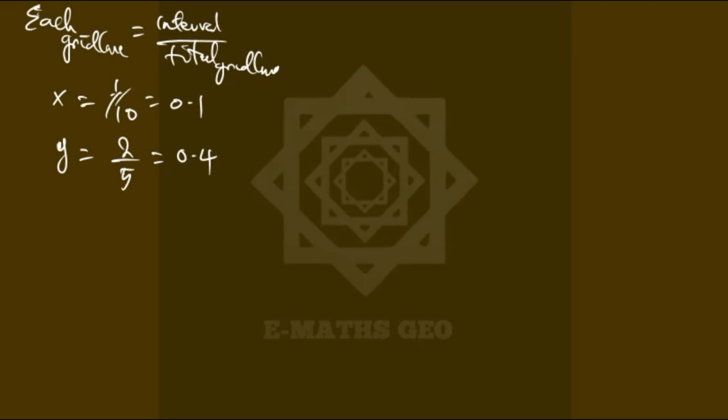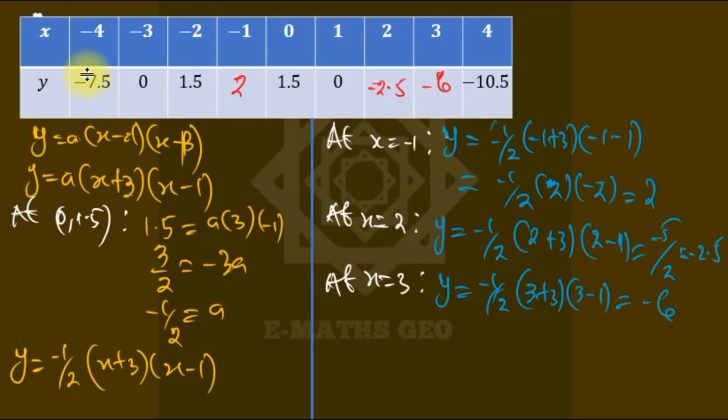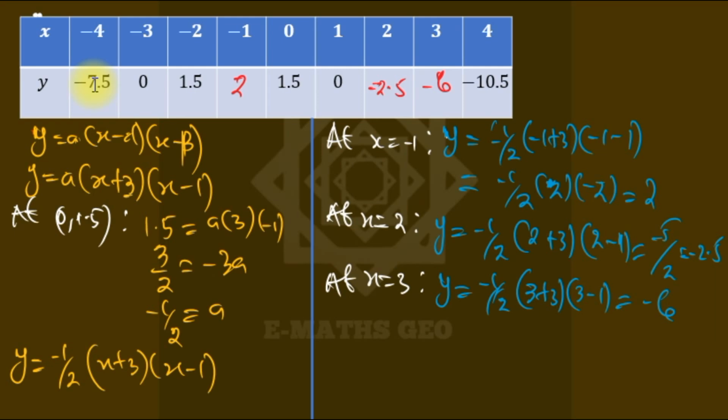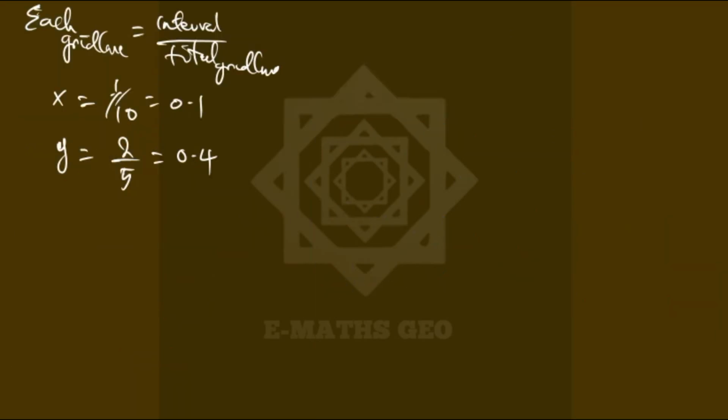So now, since we are looking for -7.5, because x = -4 is already settled, you can see it on the graph. So what do you do? You want to get the total grid lines that will give us minus. So see what I'm saying. This implies that if you are looking for the total grid lines,